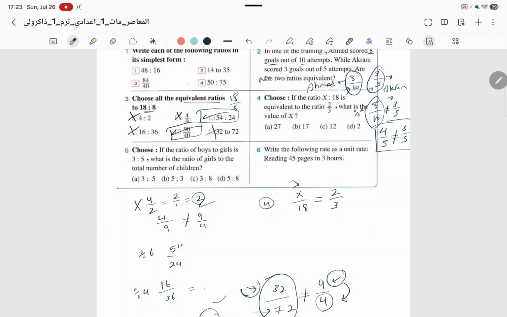What is the value of that x? This is good as well. In this example, we have to know